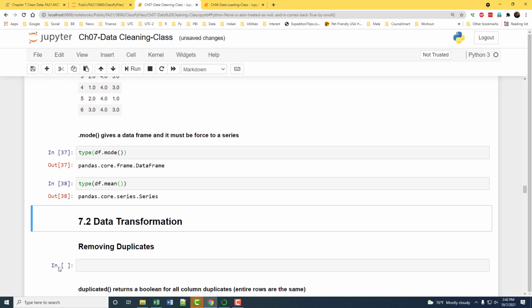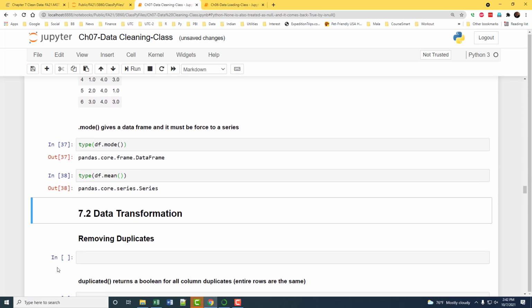The reason for that is mode can be more than one. So you may have more than one row of data for mode, and that's the reason what is returned is a data frame and not a series.